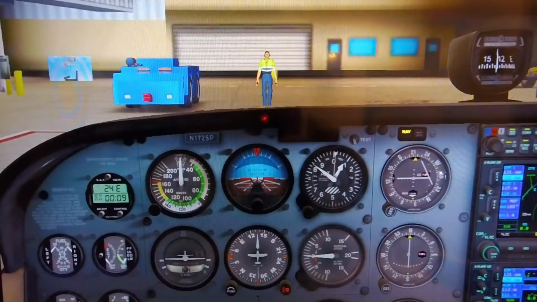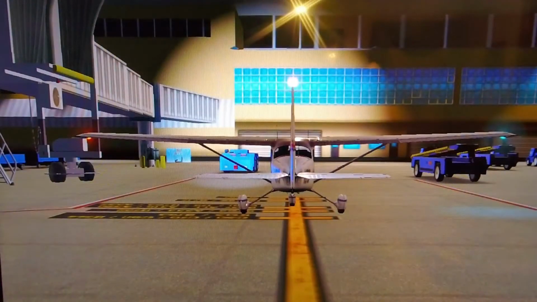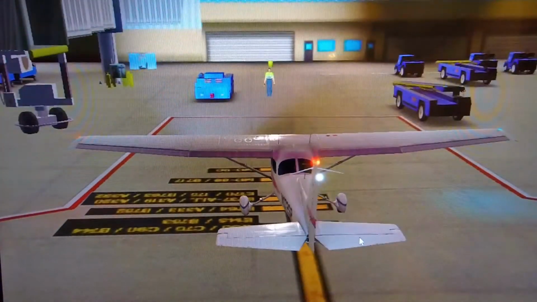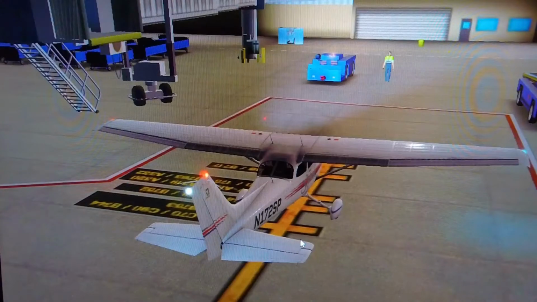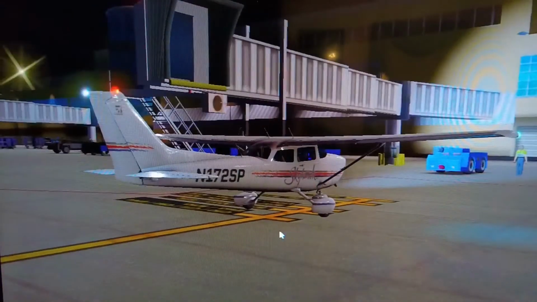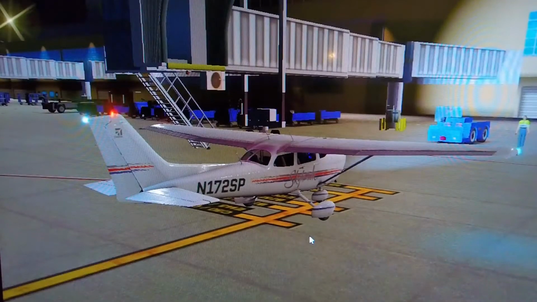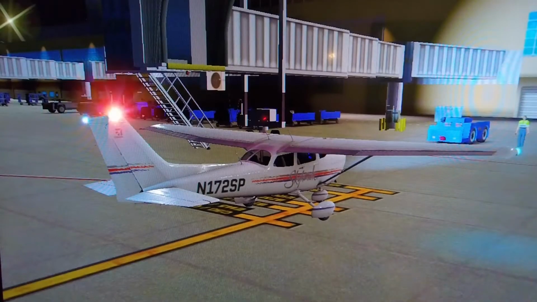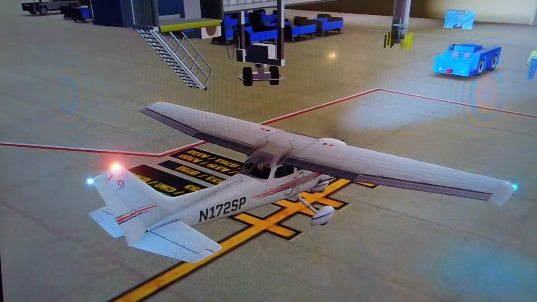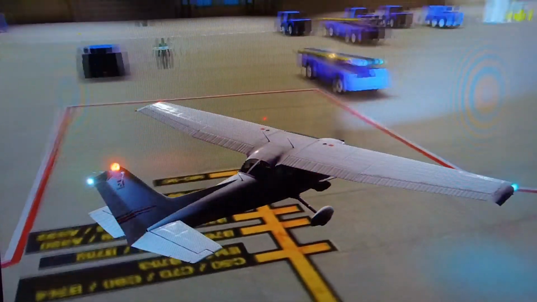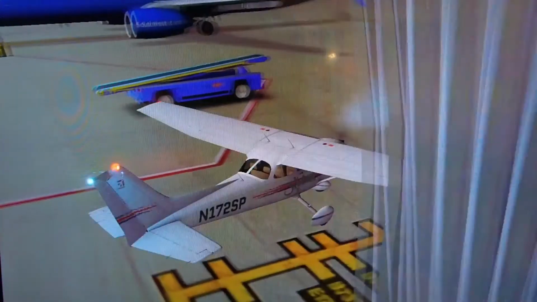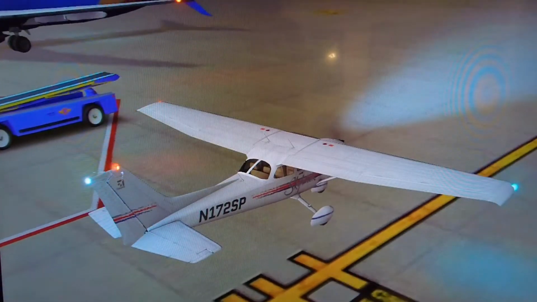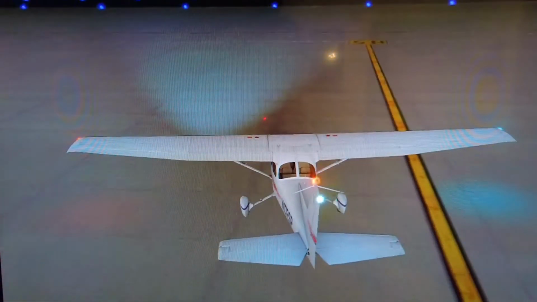And then go to external view, and you'll see the same thing. You can move everything around with your mouse. And what I'm going to do is, there's a pushback function in this. I'm going to turn that down so you can hear me. There's a pushback function, but you don't really need it for the Cessna. You can just release my brake with the switch, the trigger switch, and then I'm just going to turn it around here, hold the brake, add a little throttle, try not to hit nothing,